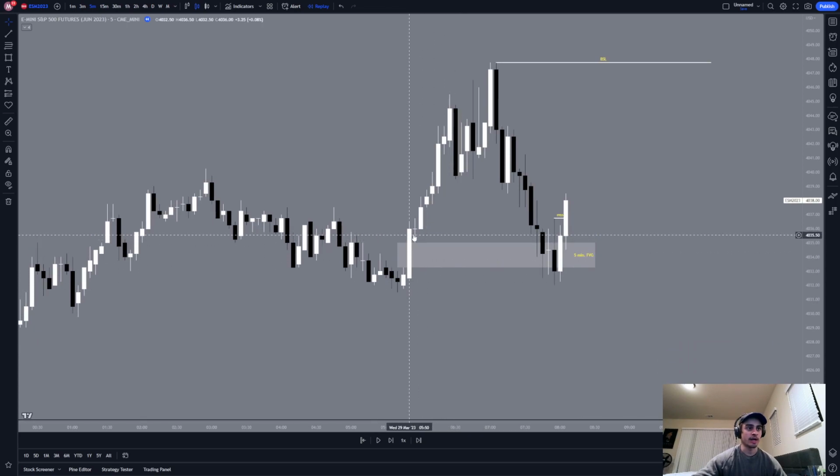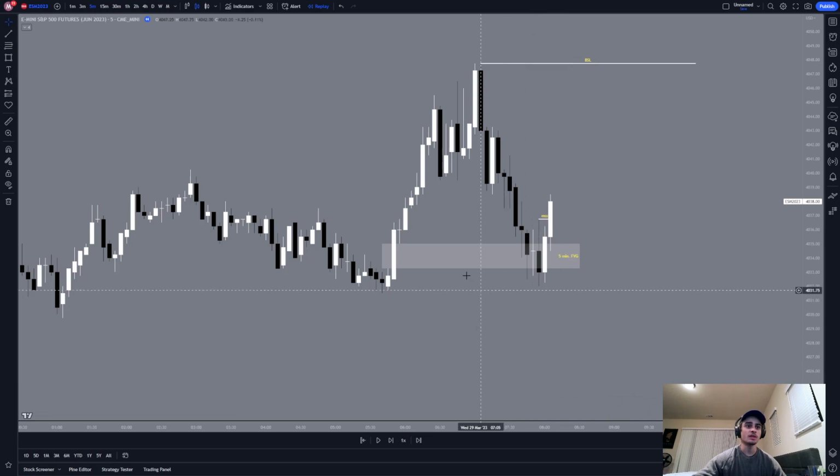However, I am keeping in mind that we have this 5-minute fair value gap here. So as we're pulling back here, I see that we start to consolidate, and then we get this energetic push on up after bouncing off this 5-minute fair value gap. So when I see something like this,